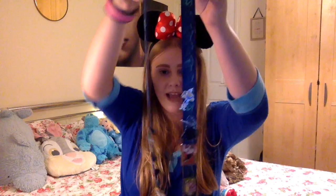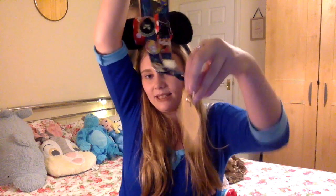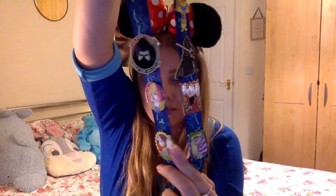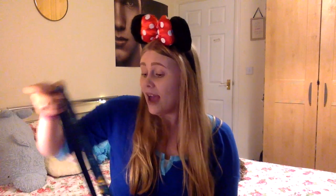So I thought I would take this time to show you guys my pin collection that I acquired while I was at Disney, and just like all my pins and my lanyard that I got as well. So here's my lanyard. It's hard to see, but it's actually Alice in Wonderland themed, and it has a little Alice in Wonderland card on the bottom. So I bought this lanyard and these 4 pins here, the Alice in Wonderland ones, in a set for just under $30 plus tax. I got it in Hollywood Studios